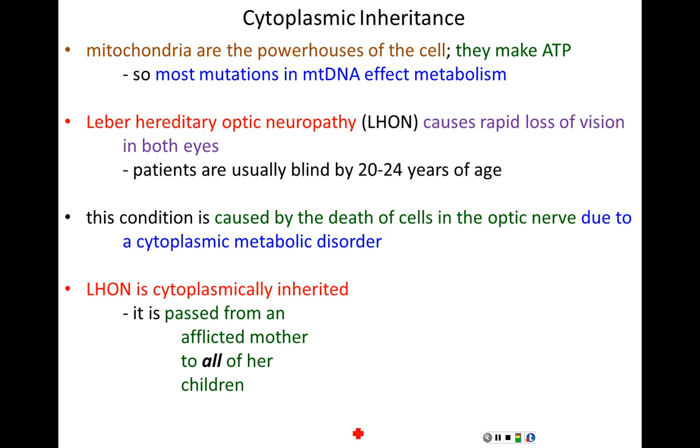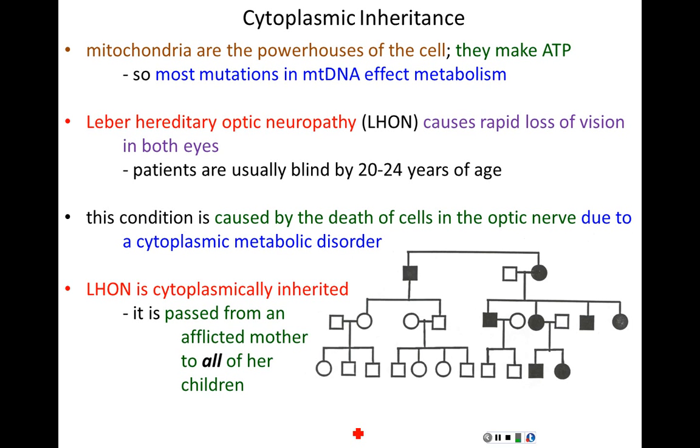So this disorder is passed from an afflicted mother to all of her children, and that's the only way it's passed. The mother is afflicted. Every single one of her children will be afflicted. Amazing, no? In this case, the father is afflicted too. The brother is afflicted as well. They both got, this woman and her brother, both got this disorder from their mother.